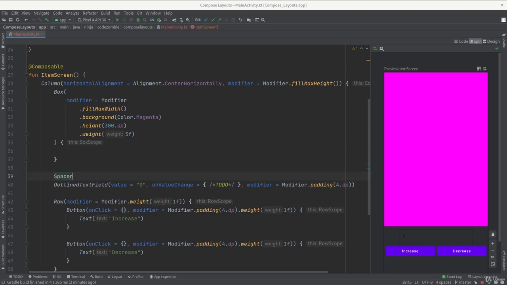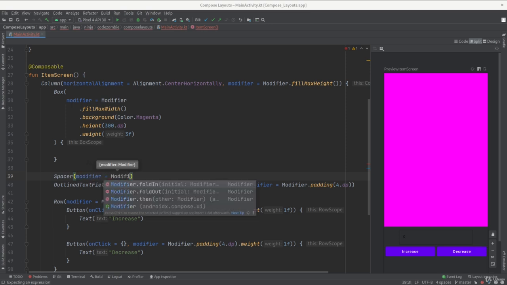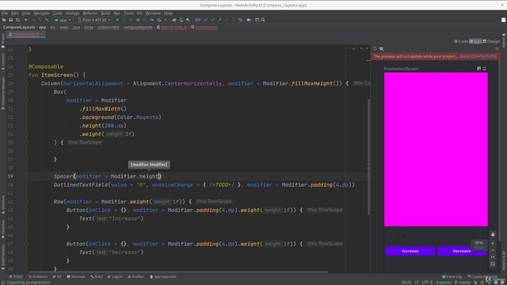So I add a spacer with a modifier to change its behavior and define its height. Modifier dot height, and for its height I enter, for example, 20 dp,